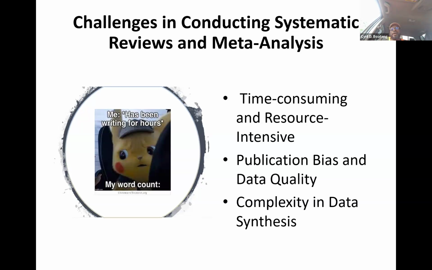And this happens because doing a systematic review or meta-analysis is time-consuming and resource-intensive, right? It takes your time. Even if you are taking 49 articles, for each of those articles you need to extract data from them, or even starting with the initial search, screening and selection, and then doing the data extraction. This takes time. And those are some of the typical challenges that you face when you're conducting a systematic review.